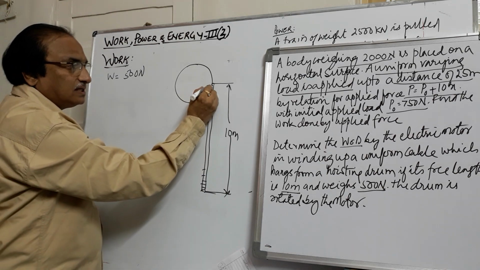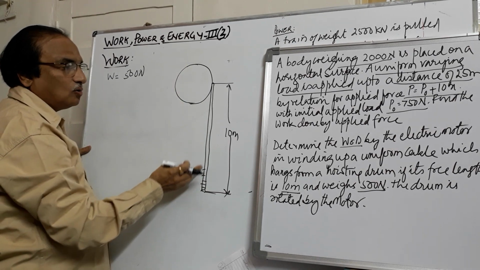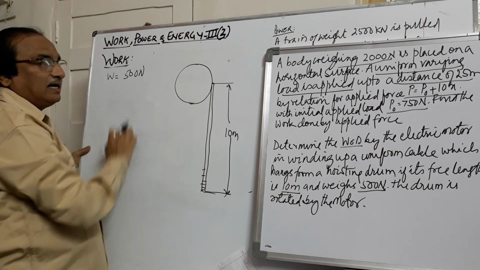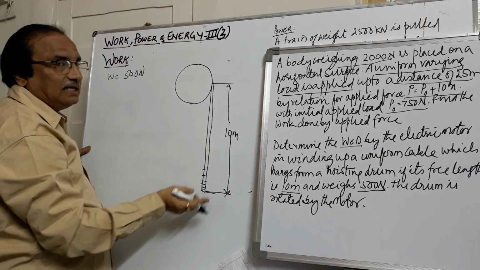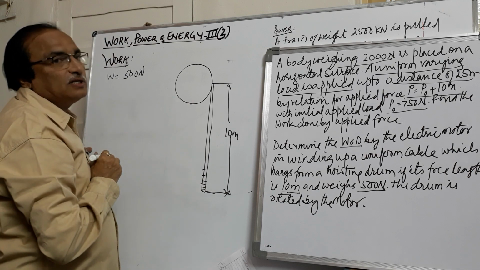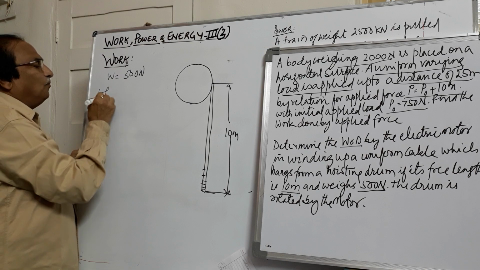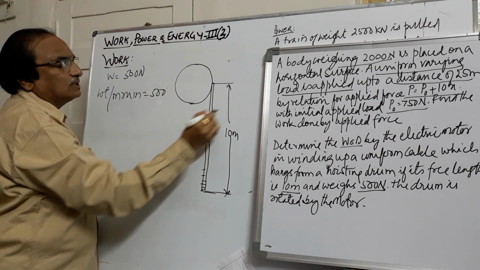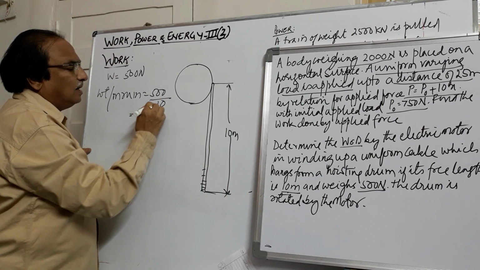Now here, as the drum goes on rotating due to the electric motor, this height goes on decreasing. Initially the weight that is acting is 500. When it completely winds up, the weight will be 0. Again it is a variable load, but we will try to solve this problem from first principles. Suppose the total weight is 500, what will be the weight per meter run? Total weight is 500, the length is 10 meters, so this will be 50 Newton per meter length.